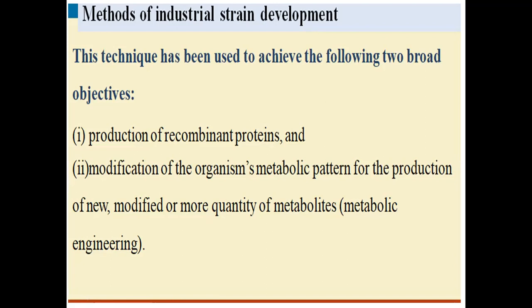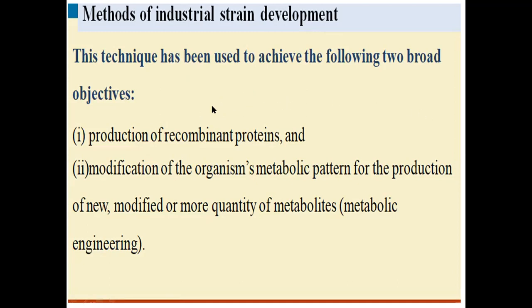And now what you have done, you have isolated useful bacterium from different environmental sources, and you have engineered the bacteria to improve the yield, suppose if you are engineering the bacteria to produce your recombinant protein. So when you are using genetic engineering approaches, what you can do, you can induce several sequences.